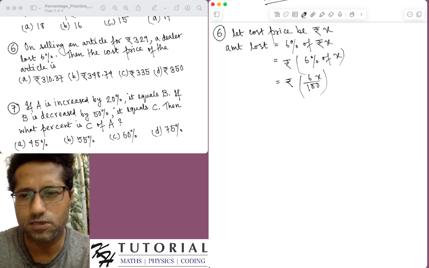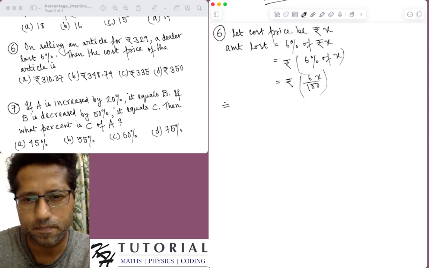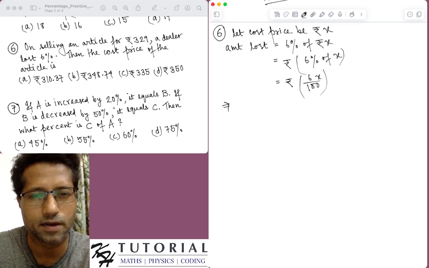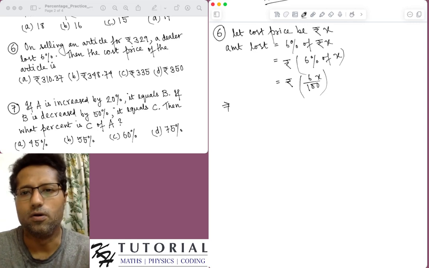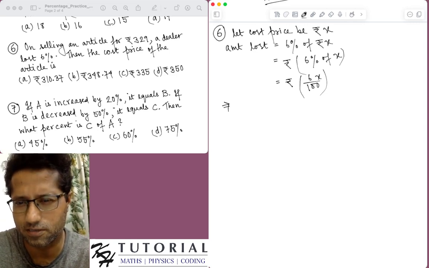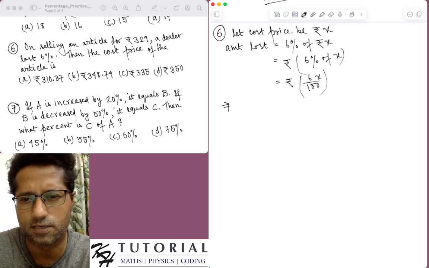Now this implies, it is given that the dealer lost 6% on selling the article for rupees 329. If the amount lost is rupees 6x by 100, therefore the selling price